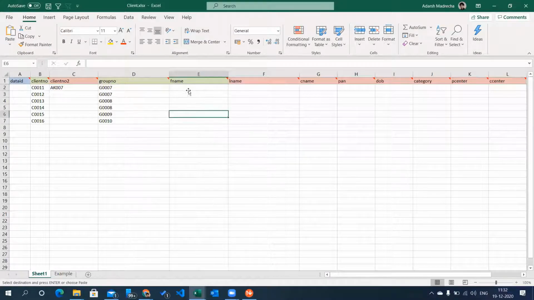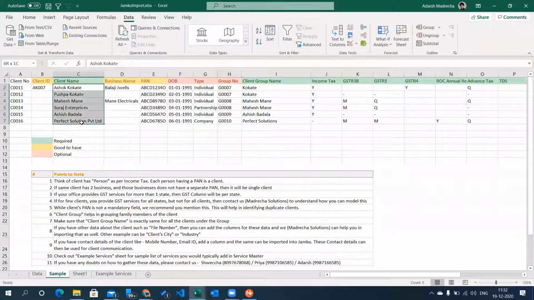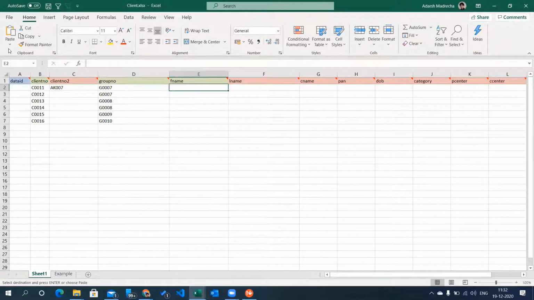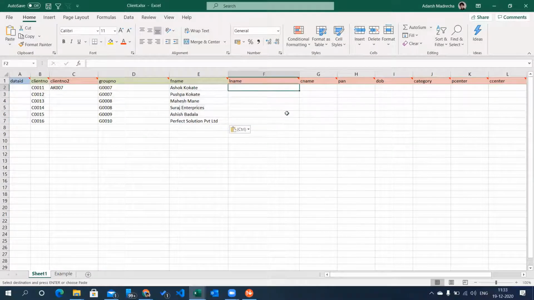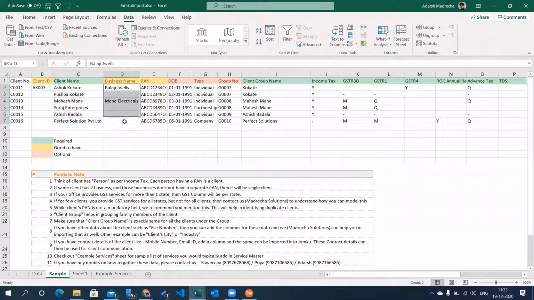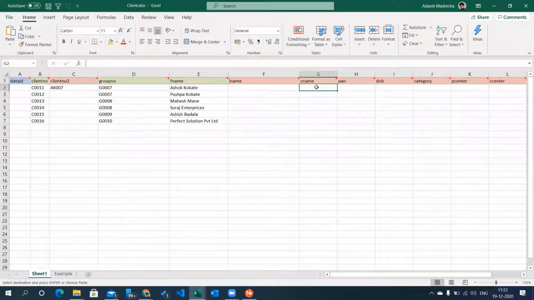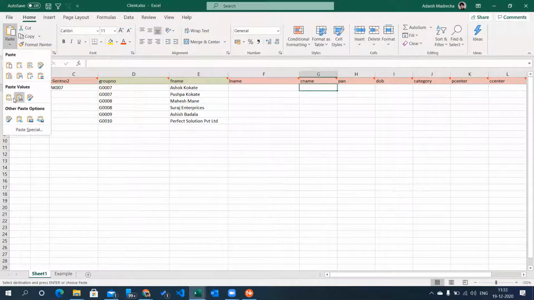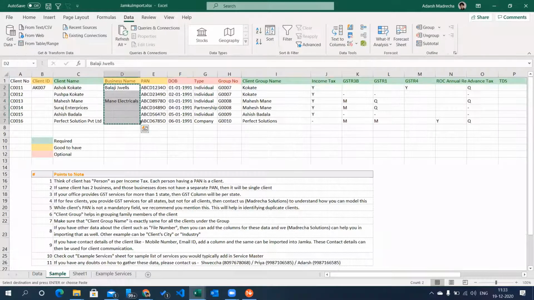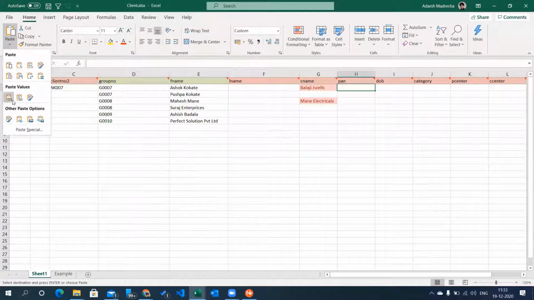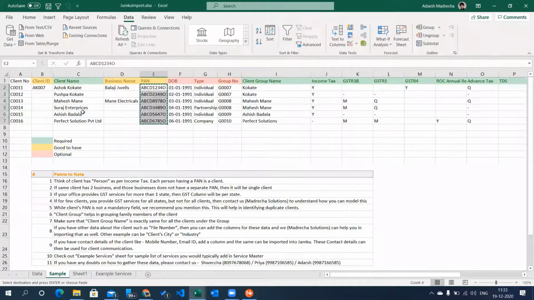Then F name is basically the client name, the first name, that's codification of the first name, and then whatever business name that you have, that can be pasted in the C name. Next, paste the PAN number and also the date of birth.